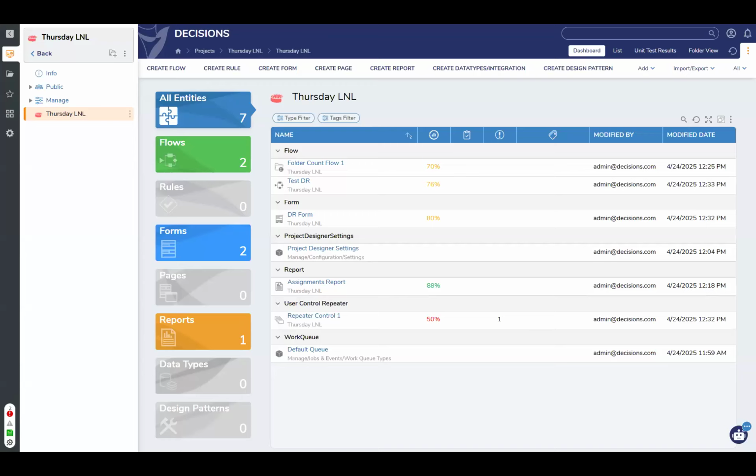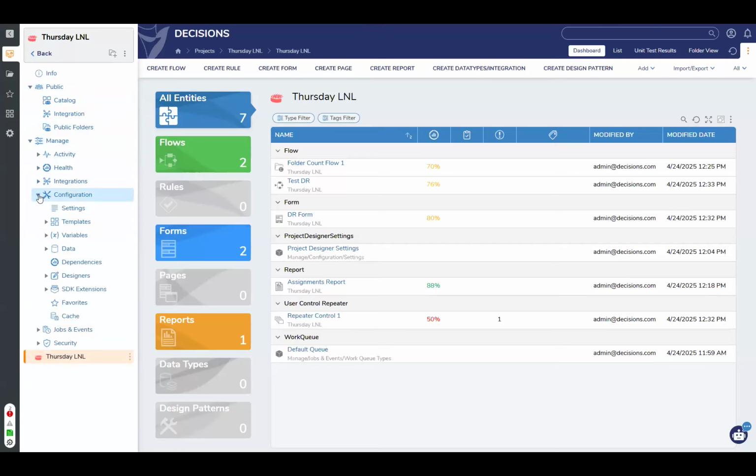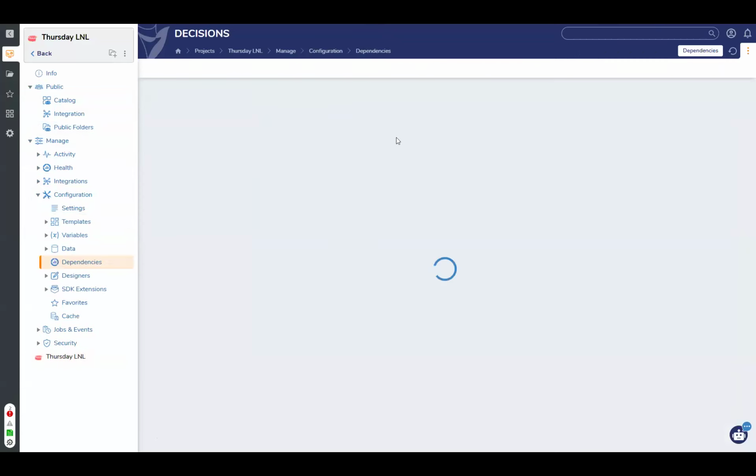So in version 9, as you have already noticed, everything that you create inside of decisions is going to be housed in a project. And in order for one project to see what is happening in another project, you must manually declare a dependency. So if I go into manage, and then configuration, and then dependencies,